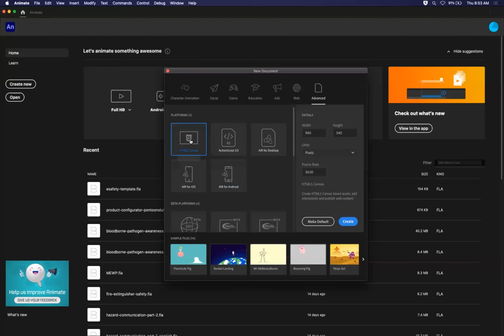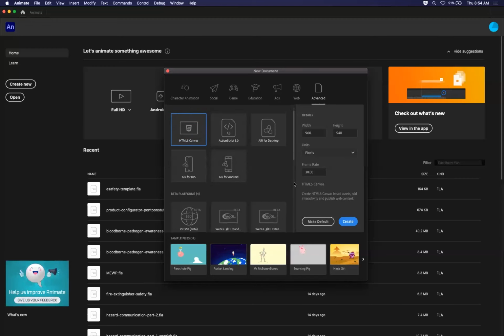We'll come back to the HTML5 Canvas. That's the one we're going to use. But I want to point out that these ActionScript 3 and these different AIR ones are a little bit outdated. There's still certain reasons that you would use them, but for the most part, we just want to stick with HTML5. These other ones under beta platforms,